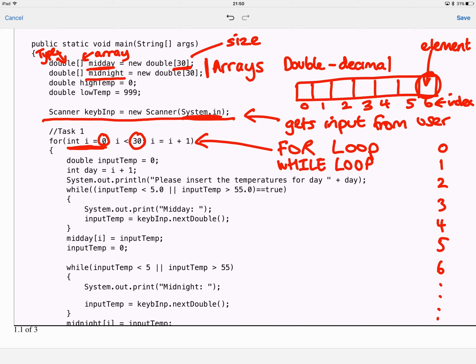And every time it goes, it's going to go up by 1, which is what I'm doing here. Okay, so we're just iterating it, and it's going to go up by 1 every iteration. Alright, so that's my for loop. Now, if we look here,